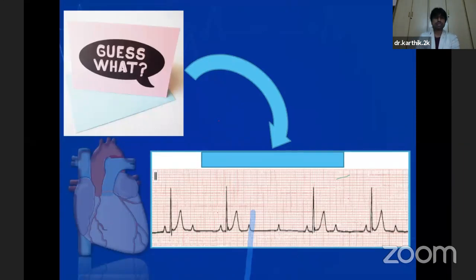So as I told you in the previous setup, this is an ECG for an advanced AV block, where you can see that at random, one particular P wave is conducted, but some of the P waves are missing. So this kind of an ECG is also indicative of an advanced AV nodal block or AV nodal disease. And these are again the patients who require evaluation for coronary artery disease and probably pacemaker implantation in the future.